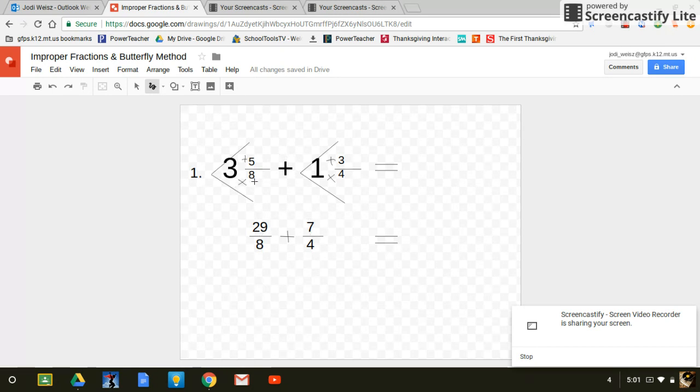I always start with my denominator. I take my denominator, multiply it by the whole number, and then I add the numerator on top. So 8 times 3 is 24. 24 plus 5 is going to be 29. And I always need to leave my denominator exactly the same. So this mixed number of 3 and 5/8 becomes 29/8 as an improper fraction because the numerator is greater than